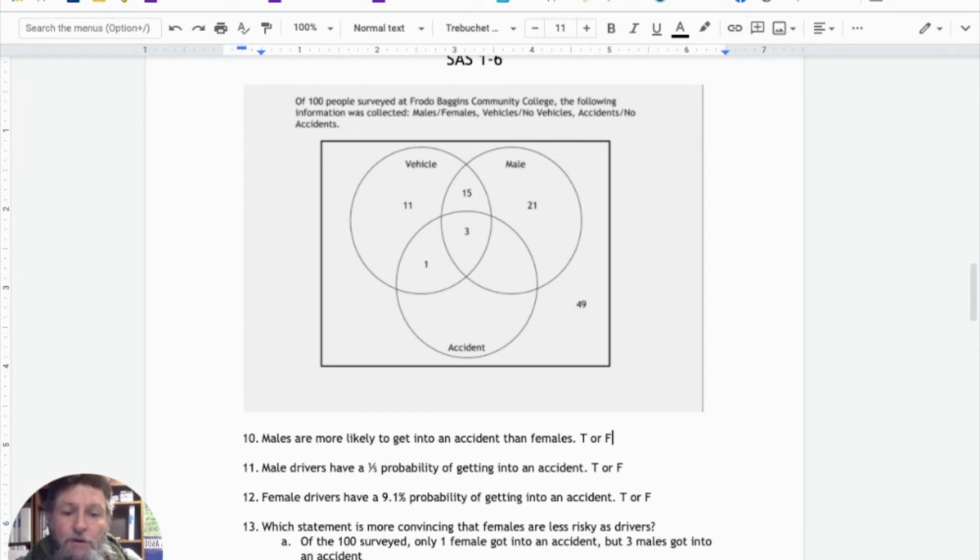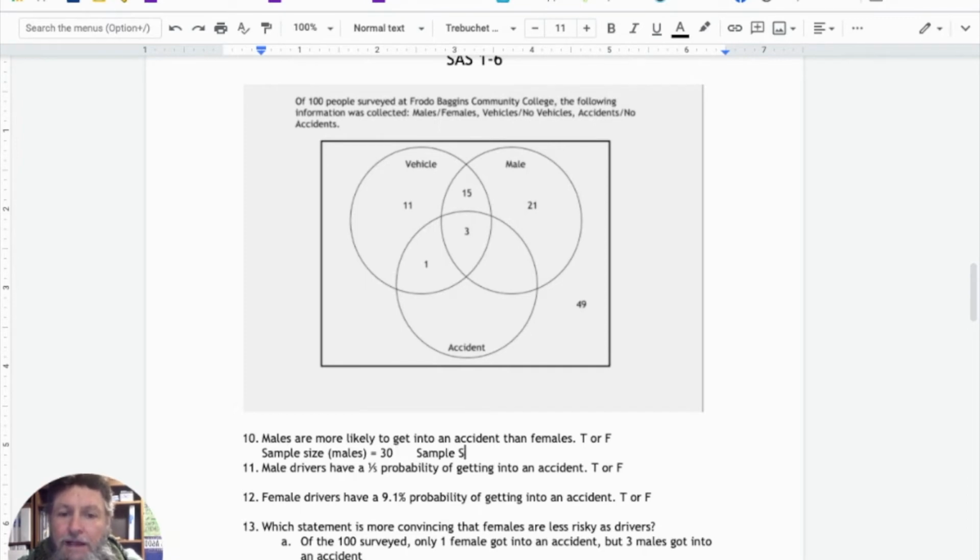Now, this is a true or false question, but the likelihood needs to be understood completely before we get involved in it. So let's look carefully. How many males do we have? We have 11 plus 15, that's 26, plus 3 is 29, plus 1 is 30. So sample size for males is what? 30. Okay? And then